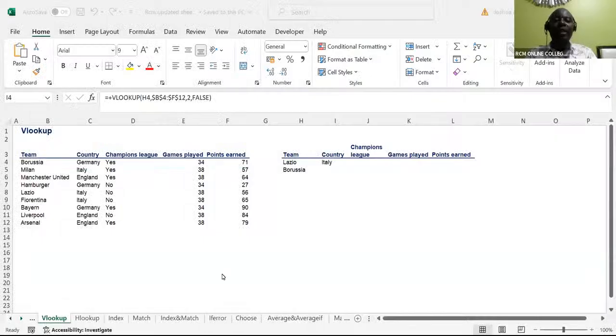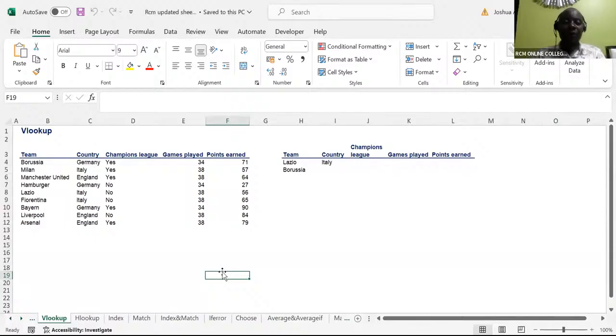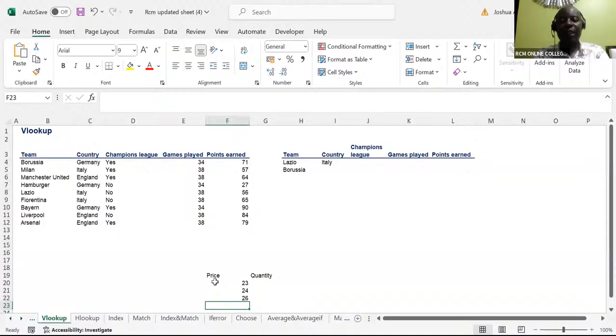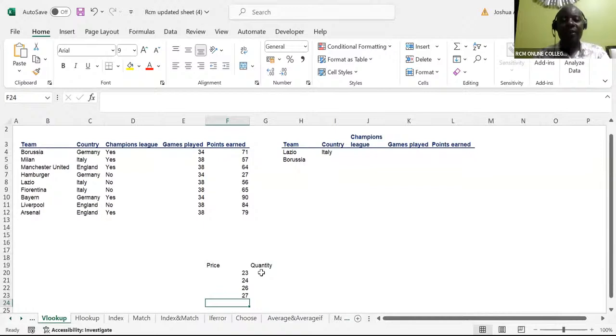Locking of what here? Locking of numbers in Excel. Now, assuming, ladies and gentlemen, I have a price here and I have quantity. Assuming the price here is 23, 24, 26 could be prices for various years, maybe 27, like that. Quantity sold, in this case we have 4,500, we have 5,000,